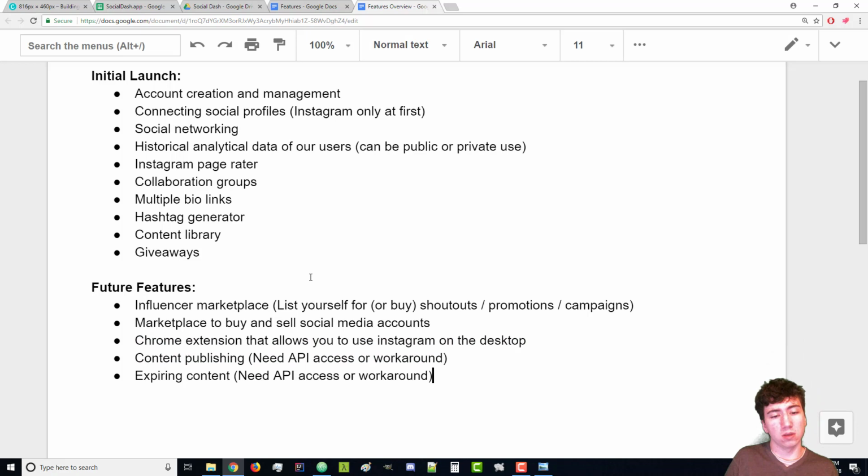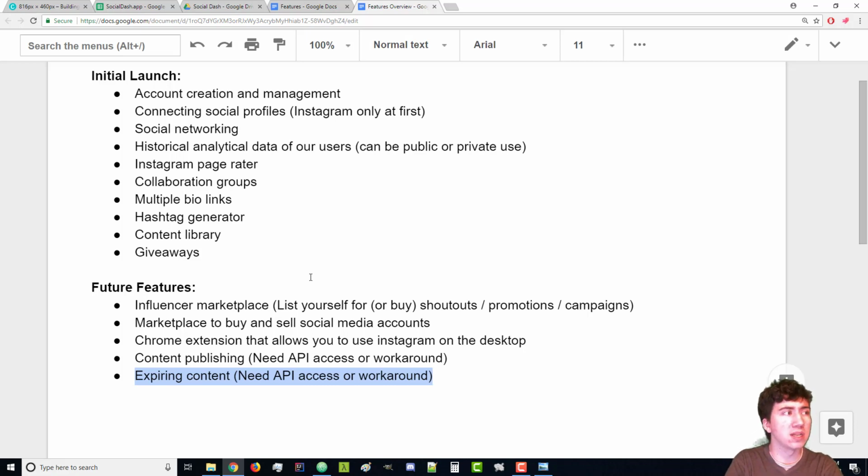These two things, like I've said a few times, Instagram has some limited API functionality right now. So we need to get approved, or actually I think invited, to actually programmatically post content or schedule content. So I need to think of a workaround for that, or just wait. I want to be very careful with a workaround because I don't want to upset Instagram in any way. I want this to be a long-term company and not something that's a quick money grab that gets shut down in a few months.